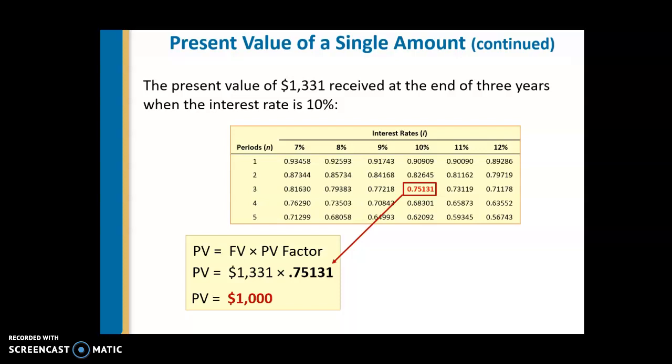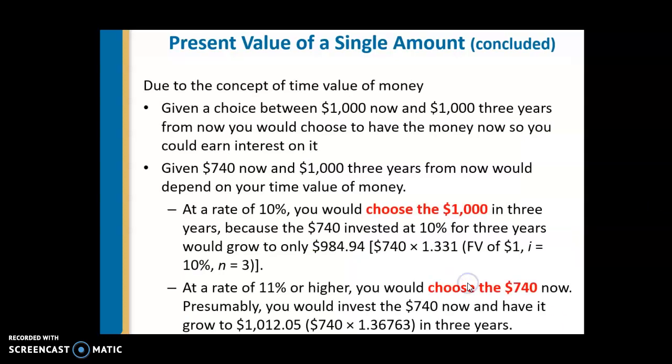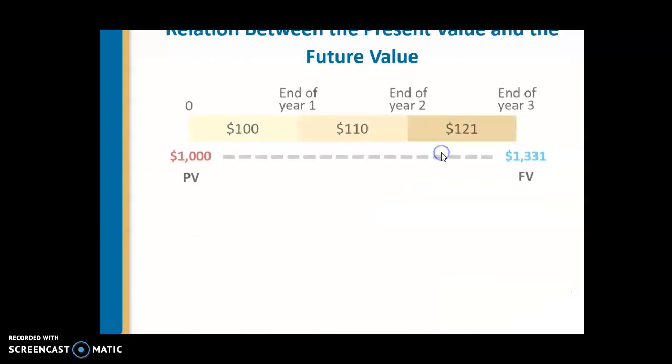Another question these days might be, where on earth can I find a savings account that pays 3% interest, much less 10% interest? I'm going to let you read the textbook about why you should choose one present value over another and go directly to slide